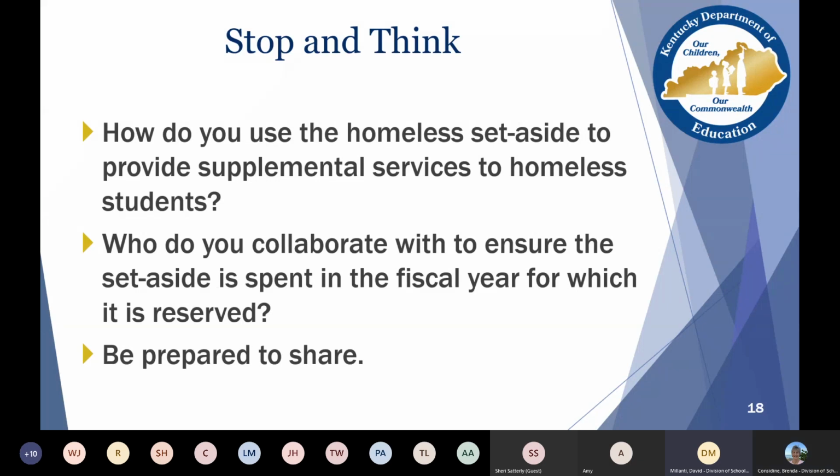Okay. Boone County says they have a separate coordinator as well. Amy said we have a homeless coordinator. We're trying to use our homeless set-aside more effectively, so I'd love to hear ideas from anyone. And then Tracy says ours is the DPP, which a lot of times I think you'll find in your district that your DPP is the homeless coordinator. And if you don't know who that person is, you should make a note that you need to figure out who that is. I think, Brenda, you're right.